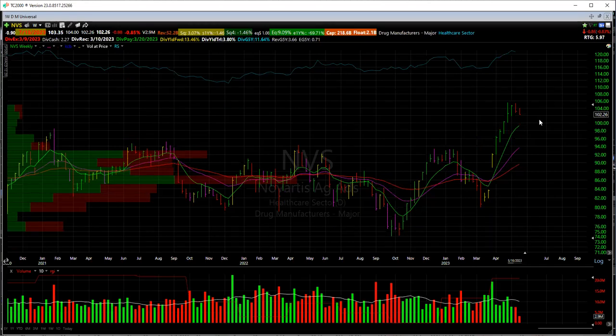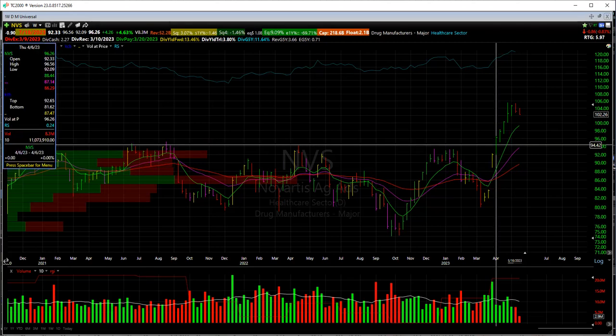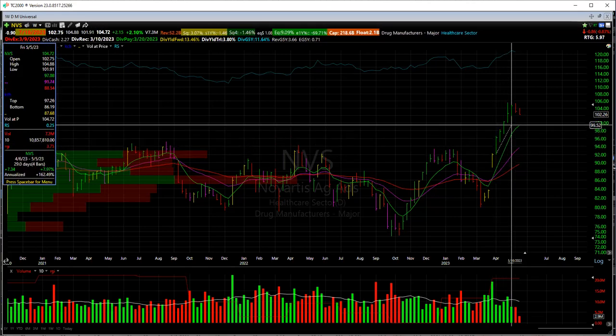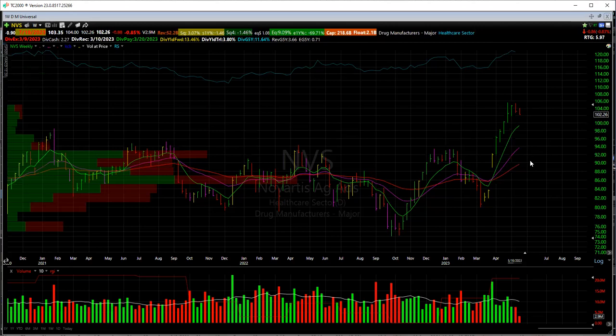Novartis, another medical stock. So you got a consolidation base here, a nice gap up, probably earnings, and then it follows through from there and has gone through. So Novartis is interesting to take a look at because